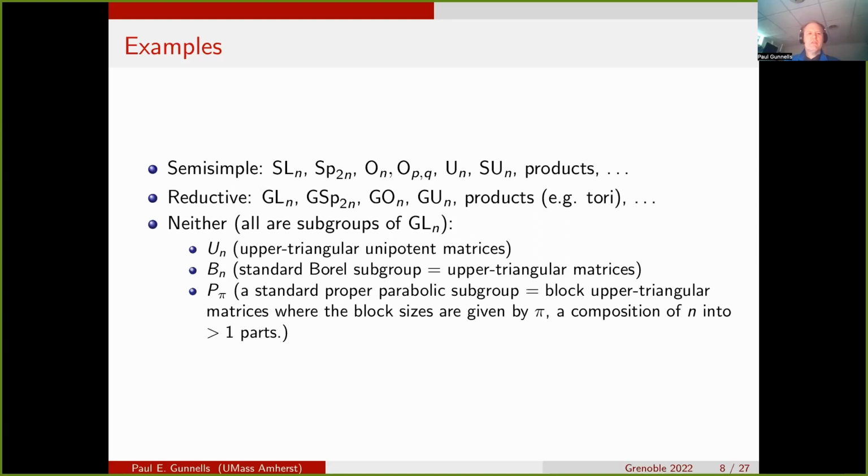So here are some examples, just to help you picture it. Of course, we just talked about SL_n. So we have Sp_2n, the symplectic group. These other groups in this list, except down at the end, are constructed by starting with SL_n, which acts on an n-dimensional vector space. We take that vector space and we put some extra structure on it, and then we ask for the matrices that preserve that structure. So Sp_2n comes when you put a non-degenerate alternating bilinear form on your vector space, and you look at the subgroup of GL_n that preserves that alternating bilinear form.